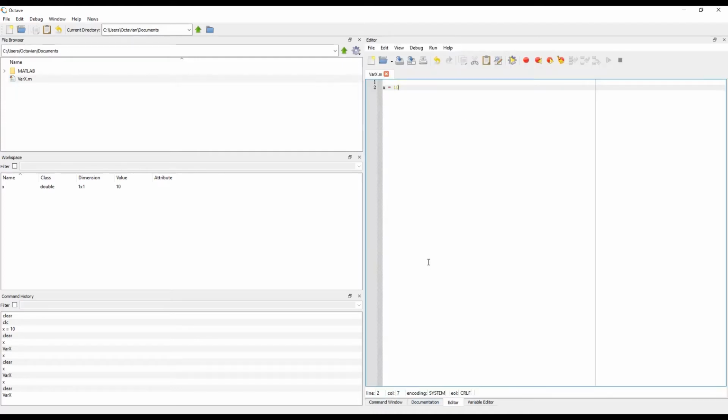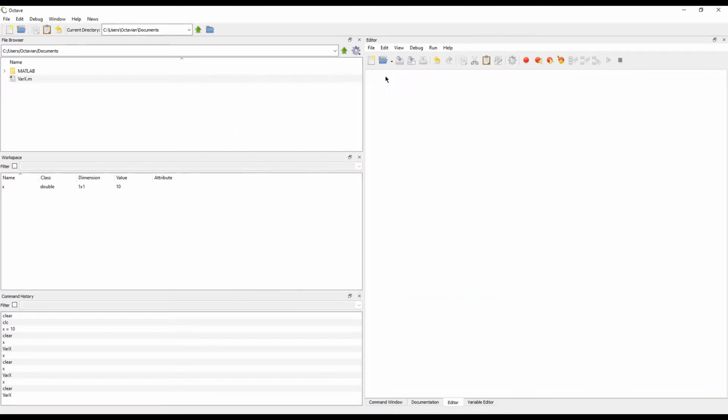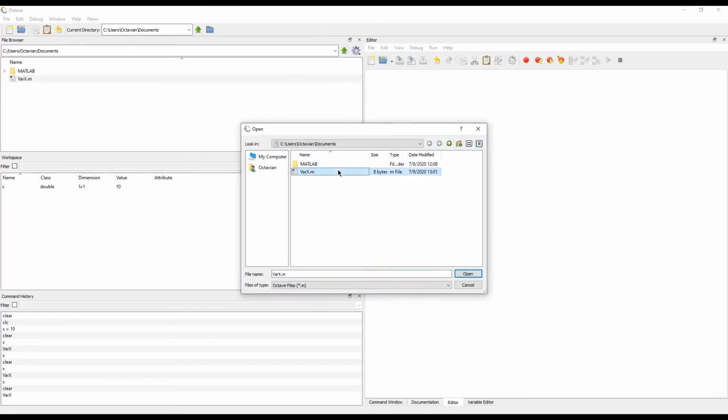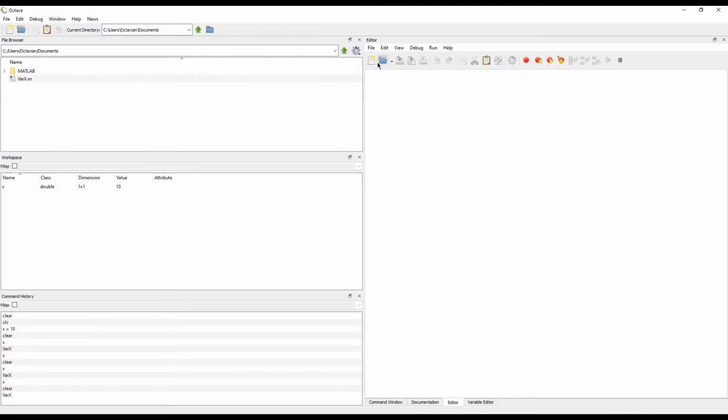Okay, so now that we know how scripts work, I can also demonstrate that you can open a script from here too, and it will work. So I can close this, and you can open it right there. Boom, it's right here again. So now you won't be losing all your progress whenever you do things in the command window, which is nice. Alright, so now that we have scripts over with, let's start making